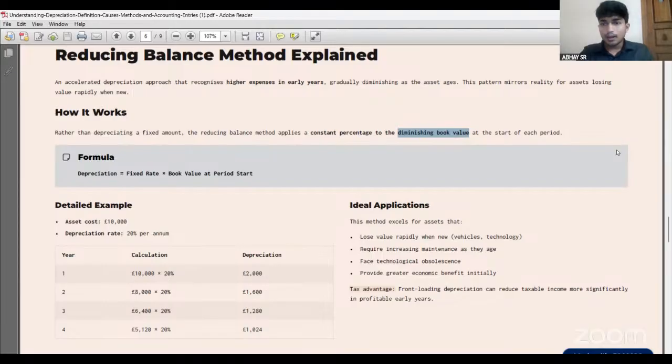Now, about the applications. If we read the definition again, an accelerated depreciation approach that recognizes higher expense in early